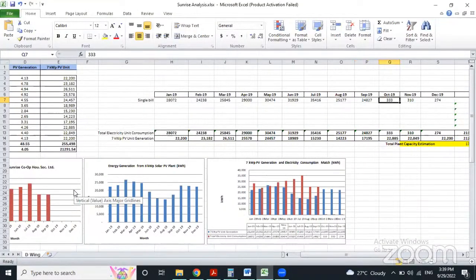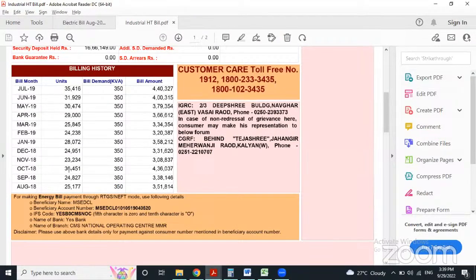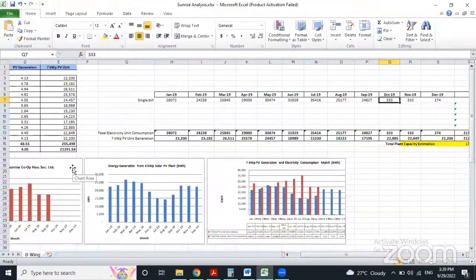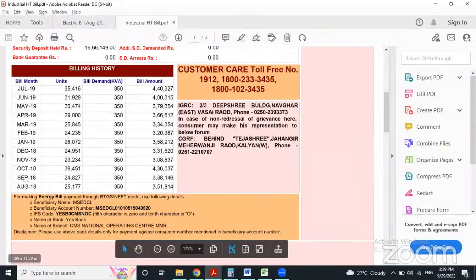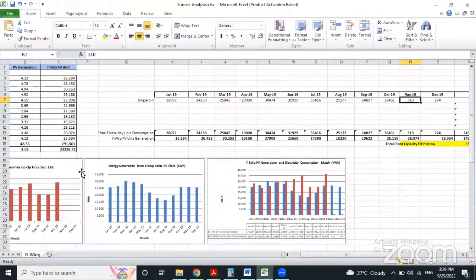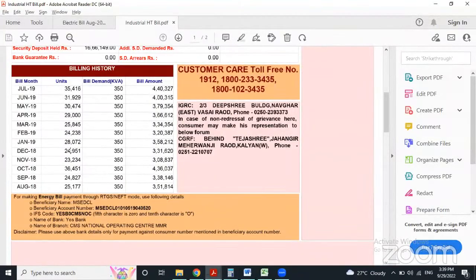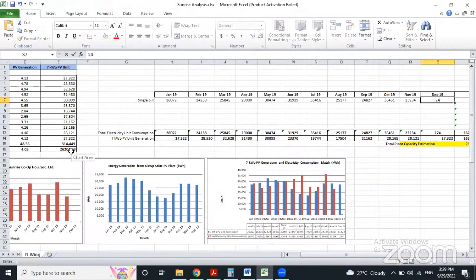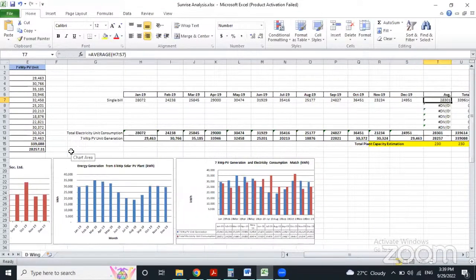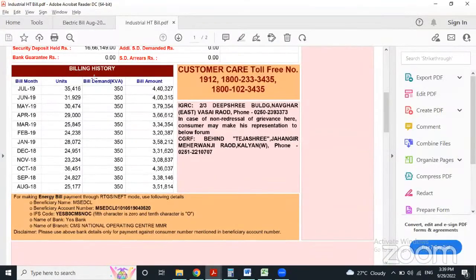October is 36451. November is 23234. And December, last, is 24951. So I'm repeating, just in case the customer does not have this table in his bill, on the back side or the front side,